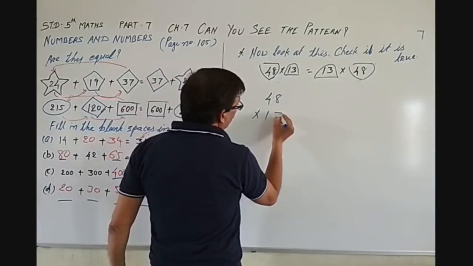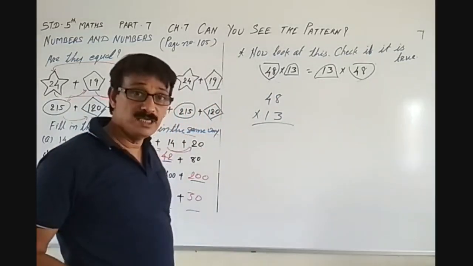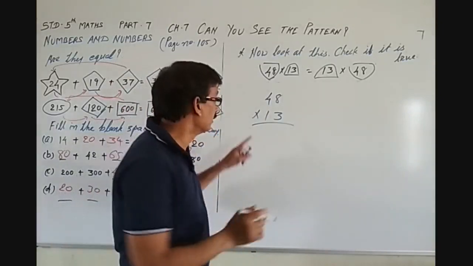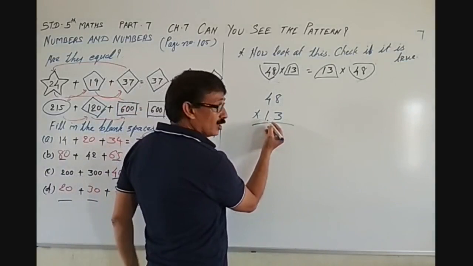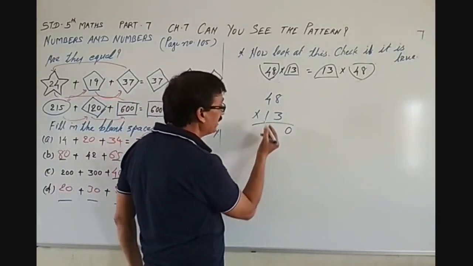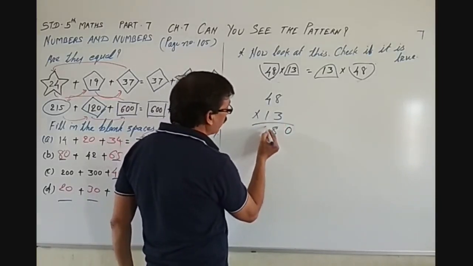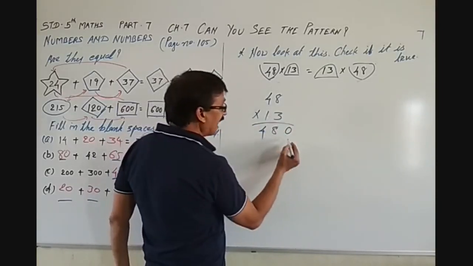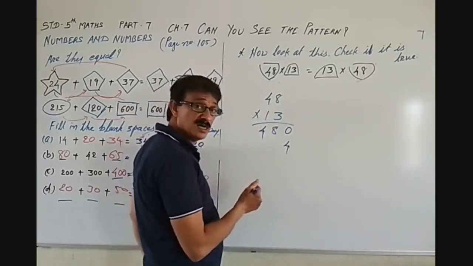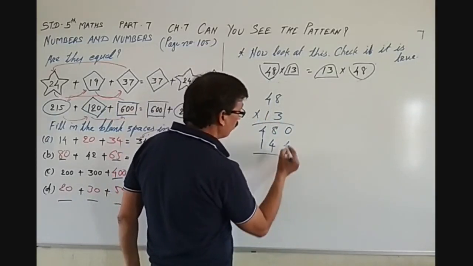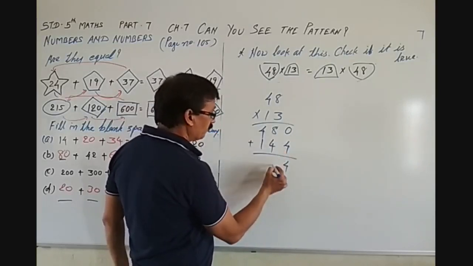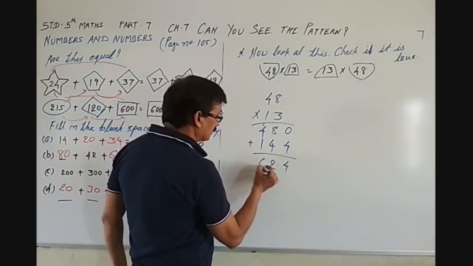So let's multiply 48 multiplied by 13. You know the multiplication, but I will go for the multiplication, very simple multiplication. First of all, I will multiply with 1. This is the 10th place, that is why I should put 0 over here. Then 8 ones are 8, 4 ones are 4, 3 8s are 24, 2 carry, 3 4s are 12 plus 2, 14, 4. 0 plus 4, 4, 8 plus 4, 12, 1 carry, 6.